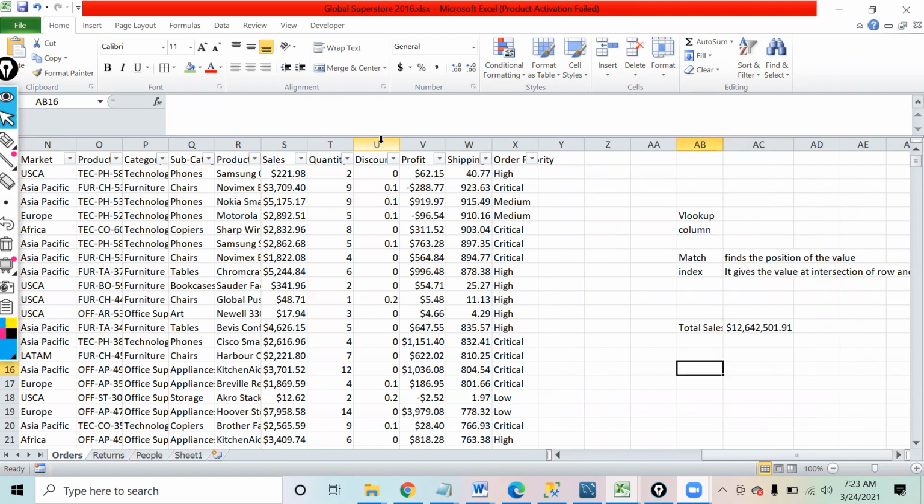I want to generate the total sales of technology, furniture, and office supplies. Now, these are the sales that I want to generate. So how can I generate these? I want to find out what is the total sales that happened in technology, furniture, and office supplies. No, not with pivot. We don't have to use pivot.